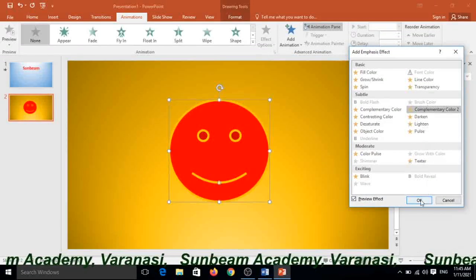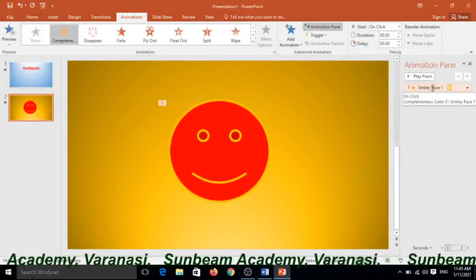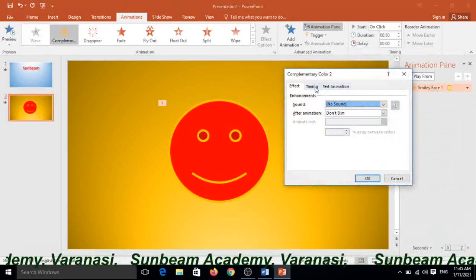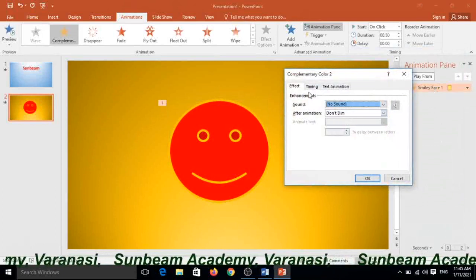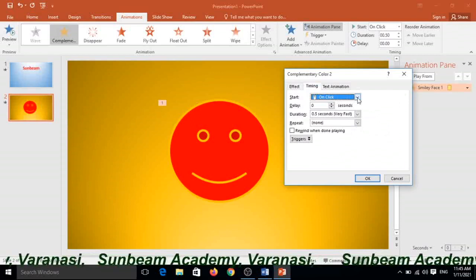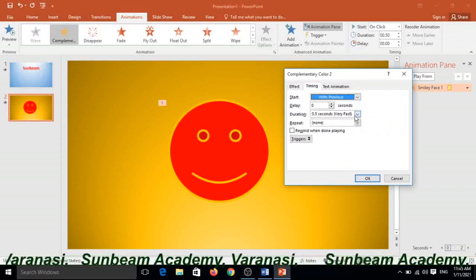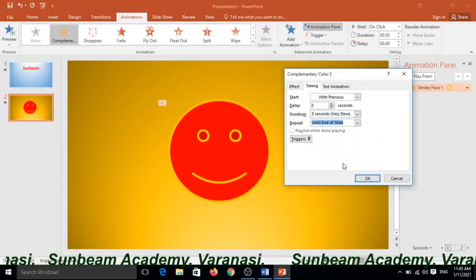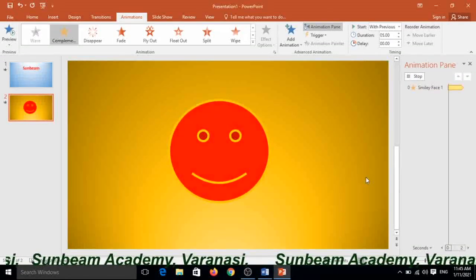Yes, and OK, and click on it to set the property, double click on it, and a window will appear. Click for the timing with previous, very slow and until end of the slide, and click on the OK button.